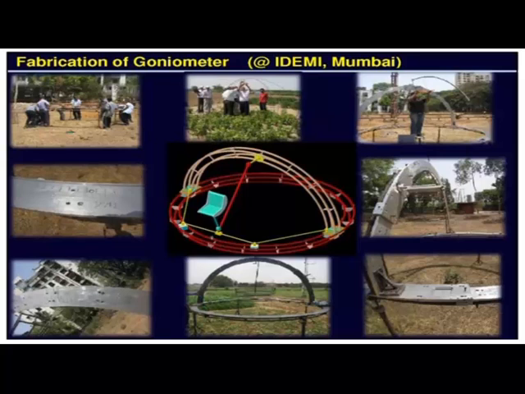This is what the spectrometer is like, and the sensor can be put from 0 to 1 like that. You can keep on changing at every 1 degree up to 90 degrees, or maximum up to 60 degrees. At 90 degrees it will never look at the target, it will look like this. Then you can rotate this arc with respect to the sun or with respect to north directions, whatever you